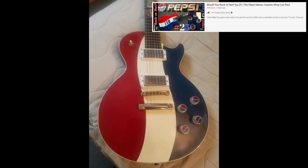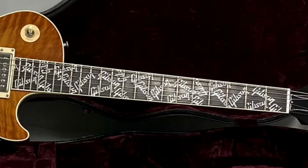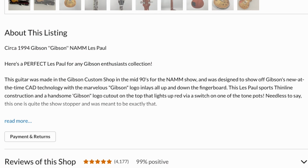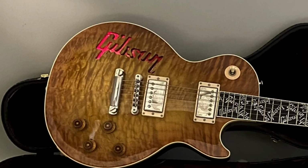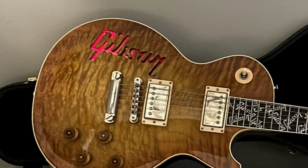Now, I believe some of those promotional things came out before this one, but it was just maybe to show brands what they could do if they wanted Donzi all over the guitar or something. So it's kind of cool in a historical aspect like that, but they're saying it's a thin line construction, which I would love to see the guts of this thing, because I'm guessing this probably is built very similar to like a Les Paul Elegant, where it's chambered out rather than just